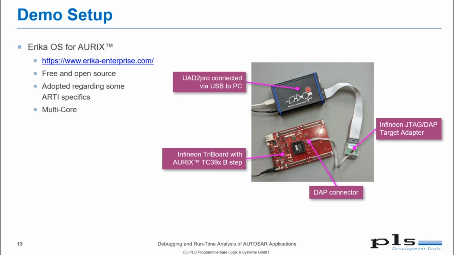That device is connected to the PC using USB. For the target communication between the UAD and the evaluation board, I'm using the DAP interface from Infineon. Okay, then let's jump to UDE